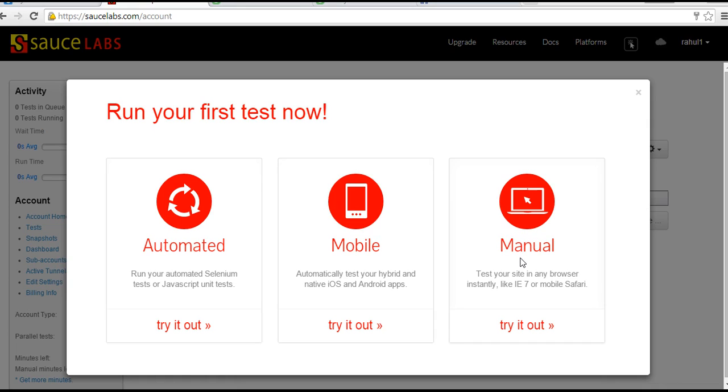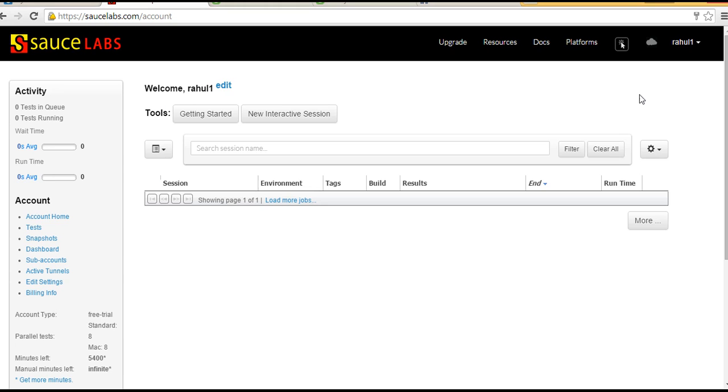So it has a very good integration with Selenium as well as Appium for mobile testing, and you can choose your desired one here. So let me close this, and this is our admin panel. Whenever you run your test cases, the job will be opened here. You can click on it and see how it's running in that VM,